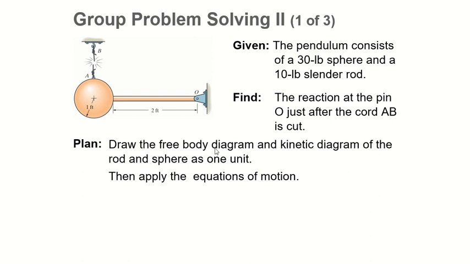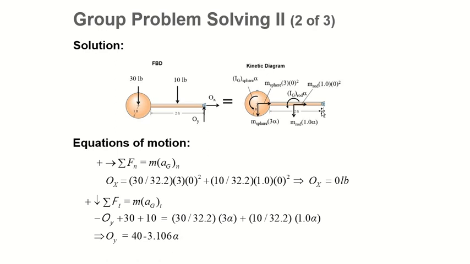So you gotta draw your free body diagram and kinetic diagram, and we're going to take the rod and the sphere as one unit in the pendulum, that's just a system. So we draw the same thing and put our mass right there, and mass with your acceleration due to gravity is going to give you your weight, 30 pound, 10 pound rod, already provided to you in the example question. And here is your pin. We're going to break it down into x, y. We always break that down, and then find the force first, and then